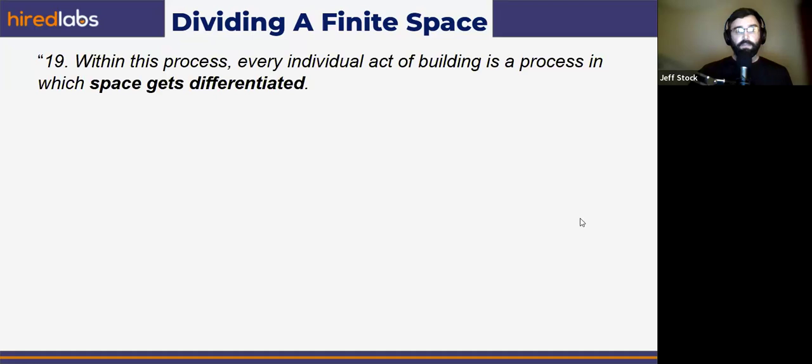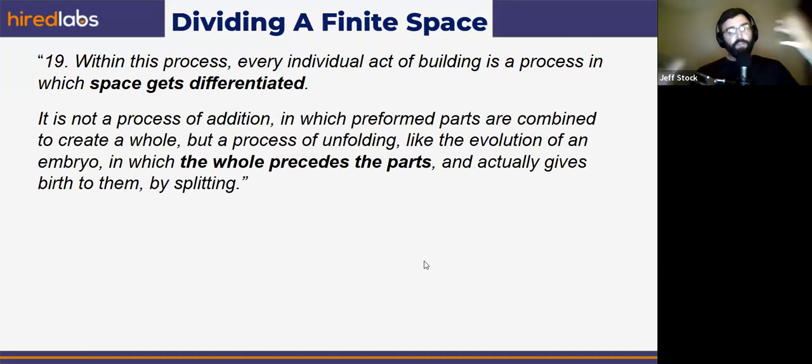So from that abridged, that condensed part of The Timeless Way of Building, if you read it, the number 19 is just talking about how space gets differentiated in every building act that you do, and that the whole thing is going to precede the parts, and it breaks up like an embryo. This guy was kind of a hippie from Berkeley, so he's talking about giving birth and things like that. We don't have to get that in touch with nature if we don't want to. This is still digital, but the point here is really that we should conceptualize these things as an entirety, and we're going to break up that entirety and differentiate the space within